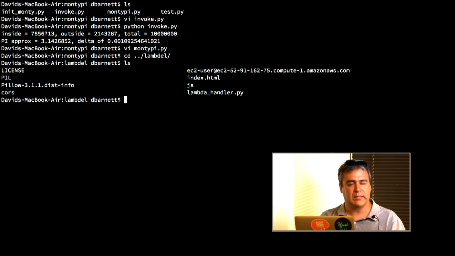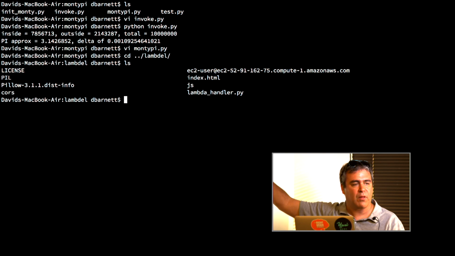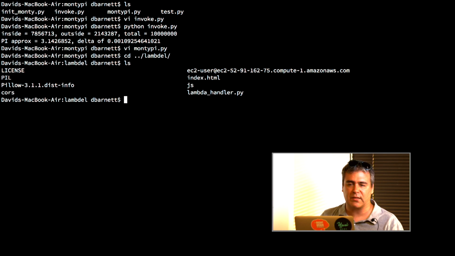If you were to invoke Python, this would be at the top of your Python path. This is where it would look for your libraries first. So you're creating a virtual environment. You can create a virtual environment, install whatever Python utilities you need, create your Lambda function, and then just zip up that whole thing, and boom, you've got a Lambda package. That's actually in the Amazon Lambda documentation. That's how they recommend doing it. It works amazingly well, again, as long as you don't have dynamically linked C code. It makes building Lambda functions really, really easy.